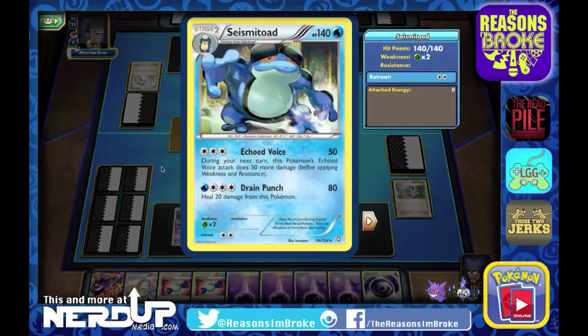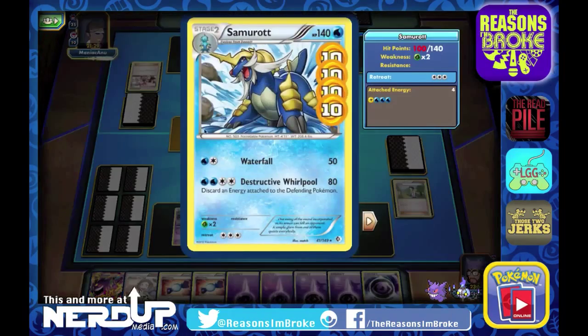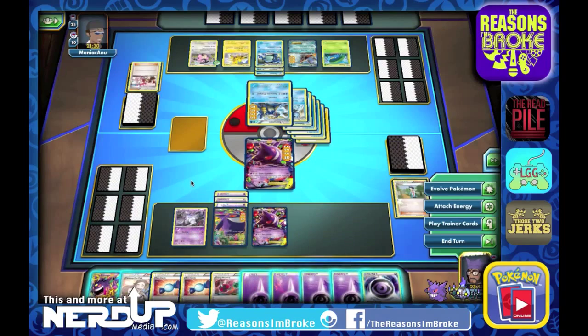They're building up with the Seismitoad. It's a different Seismitoad than the EX. This one does Drain Punch, 80 damage, and he heals 20 from Seismitoad. The very first attack is Echoed Voice. Then your opponent's next turn, this attack does 50 more damage after applying weakness and resistance. So they end up playing a Pokemon Center Lady. The Samurott's back up to 100 damage, and they end up doing 80 damage onto the Gengar EX, which is that